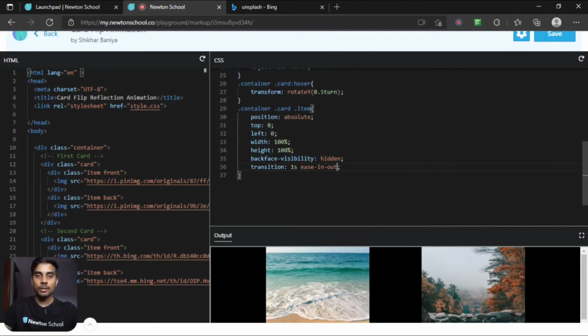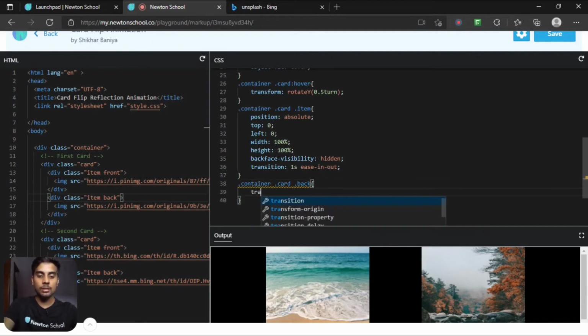So that's it. In order to see the background image, we have to target this back class. So dot container dot card, inside this there is a back class which targets all the back images.